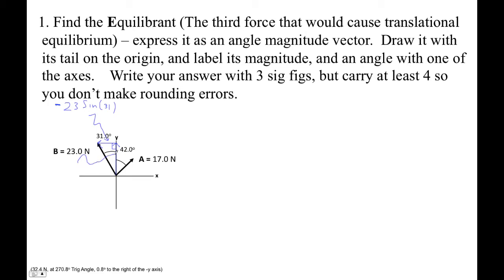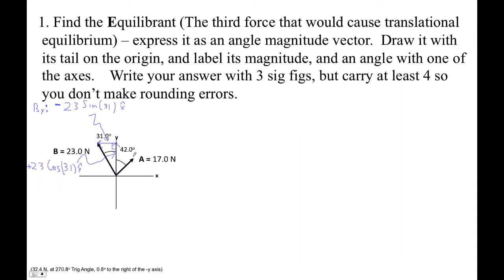And then this component right here, the x component. Okay, so this is b in the y direction, and then in the x direction, we've got 23 cosine of 31. Okay, and that would be in the positive y direction. So this is in the x direction. This guy's in the y direction, okay? And then let's draw the components of,